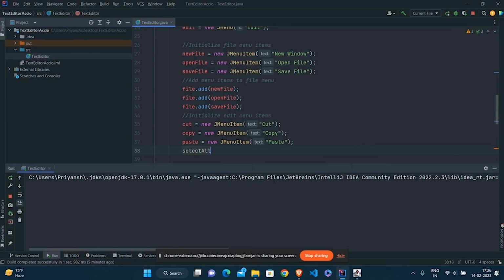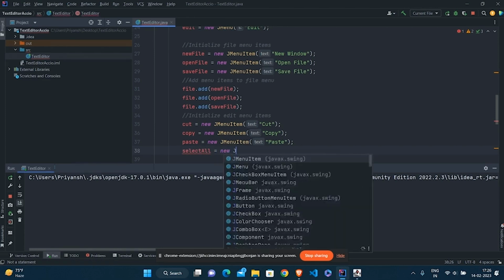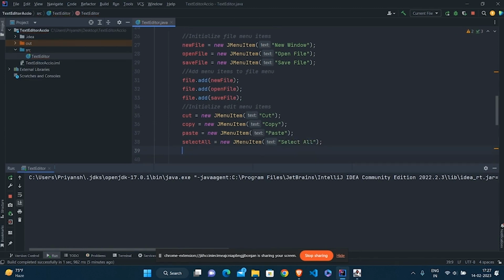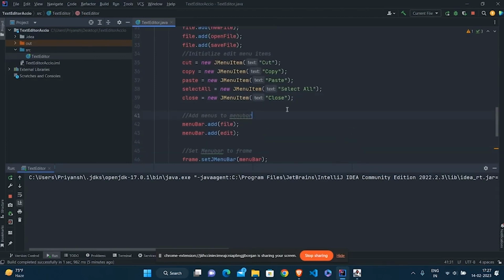Then we have select all equals new JMenuItem, select all. Last one is close equals new JMenuItem. Let's call it close. And similarly to the file menu items, we need to add these to the edit menu, correct?